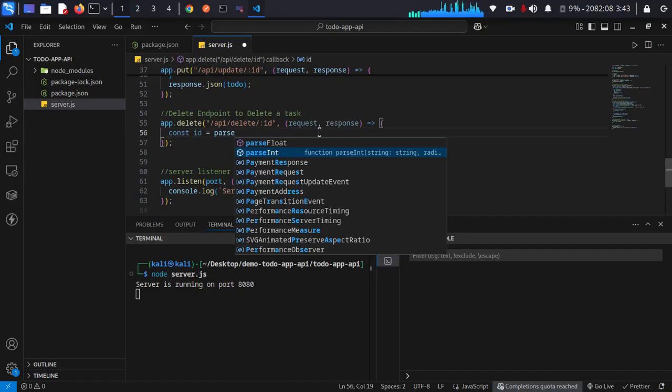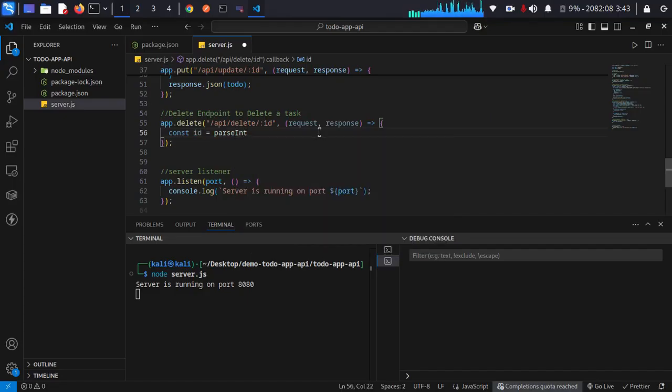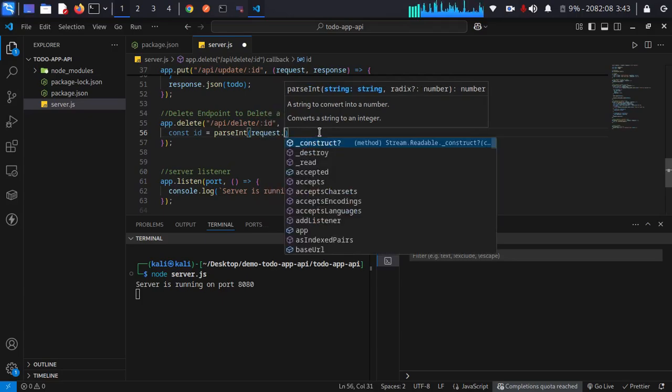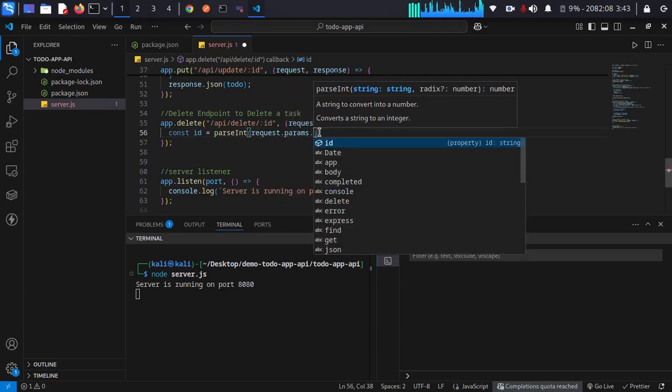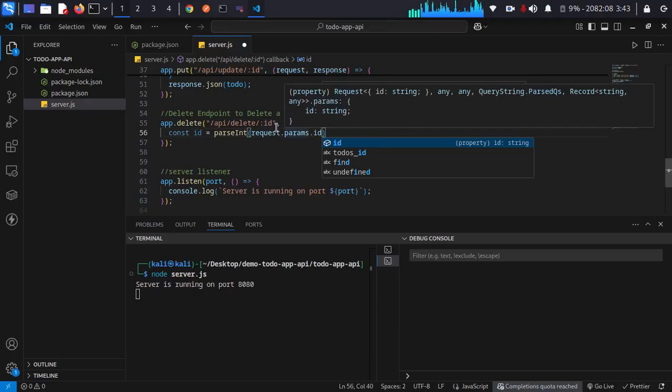We have parseFloat to convert to float, but we are using parseInt. Then we have request.params.id, and don't forget this id is the value that